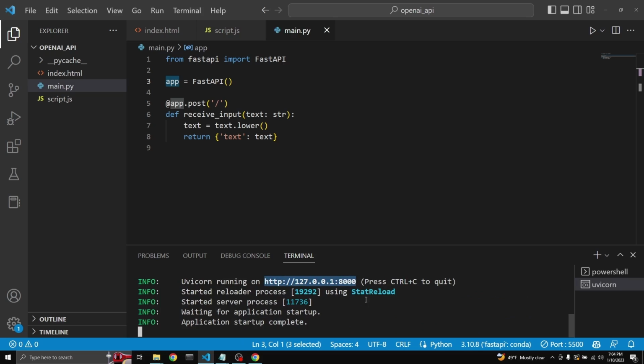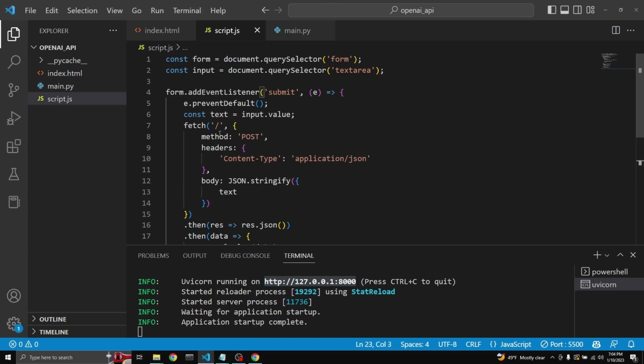Now we need to copy this, come to the script.js file, and put it under the fetch URL. It's right after the fetch, in between quotes. And then we need to put a slash right after that. Let's just save it